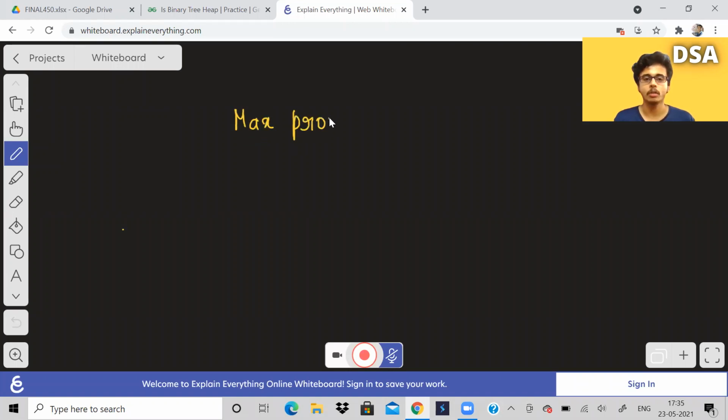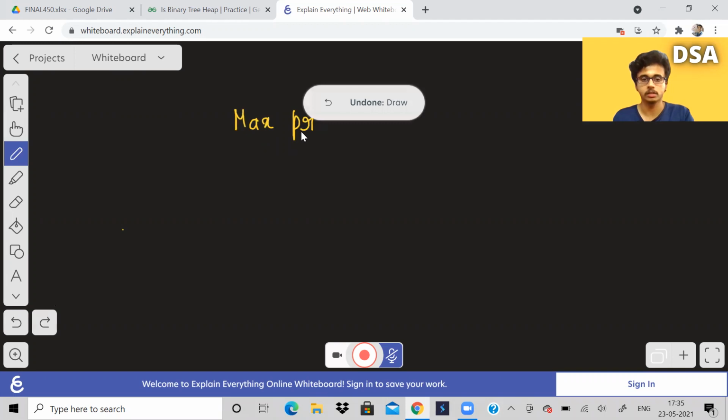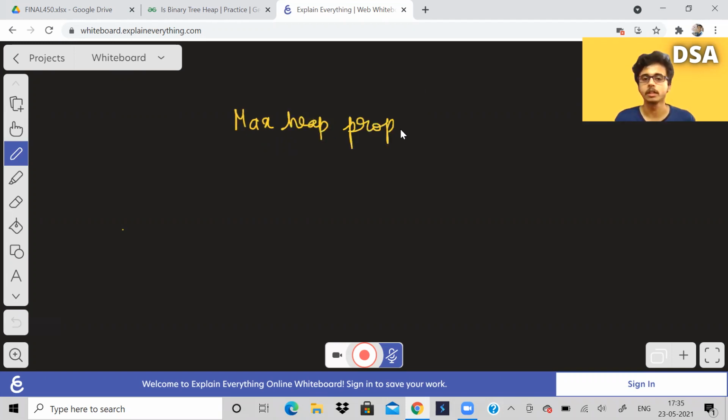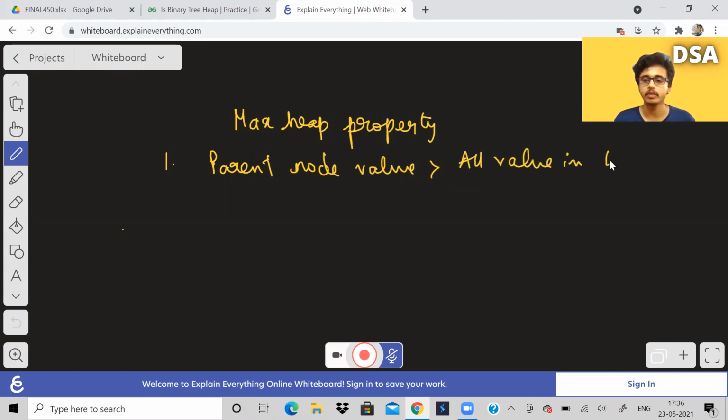So what is a max heap property? What are the two conditions? First, parent node value should be greater than all the values in both left and right subtree. So it should be greater than all values in the left and right subtree.